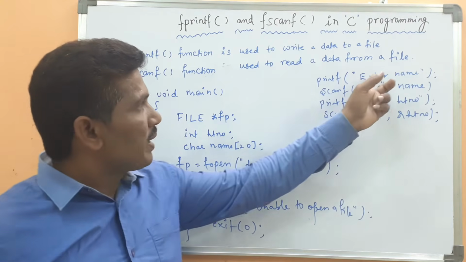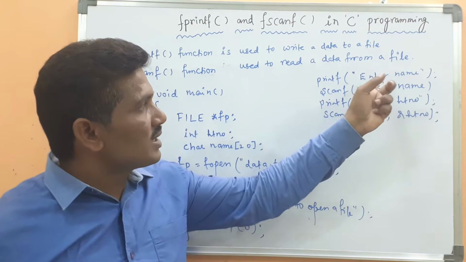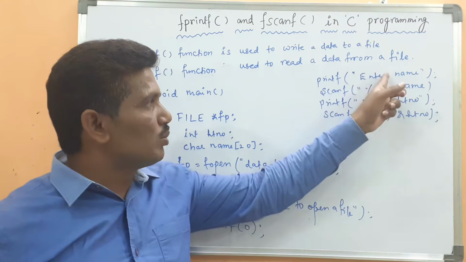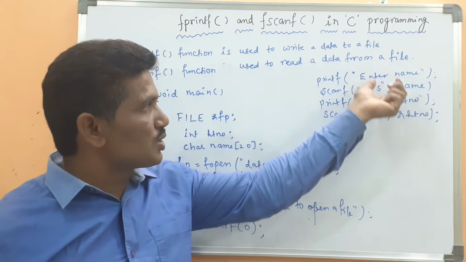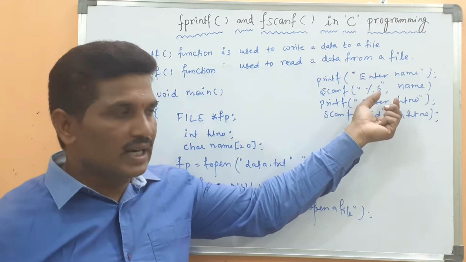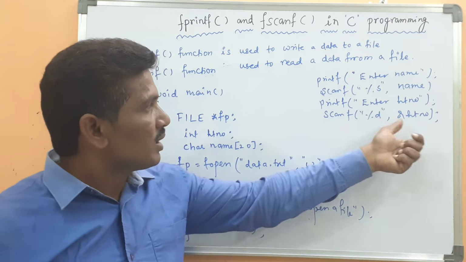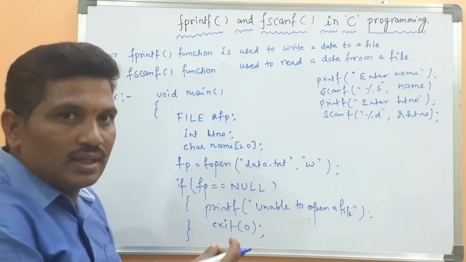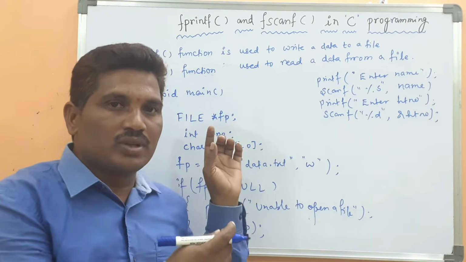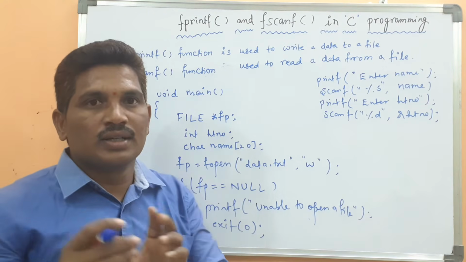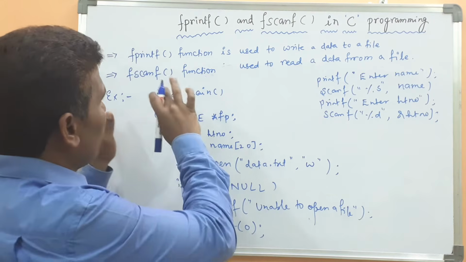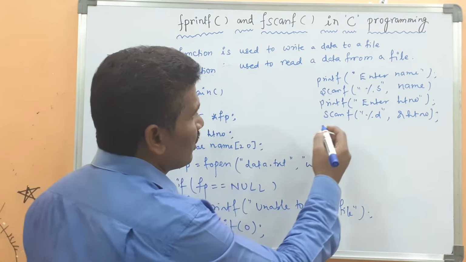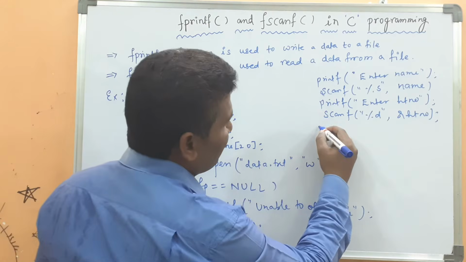Look at here, enter name, which is reading the name from the input device keyboard, then enter article number. These two are read during the runtime of a program. Then after that you get the data from the input device and write to a file. How should you write to a file? By using the fscanf function, sorry, the fprintf function. Fprintf,